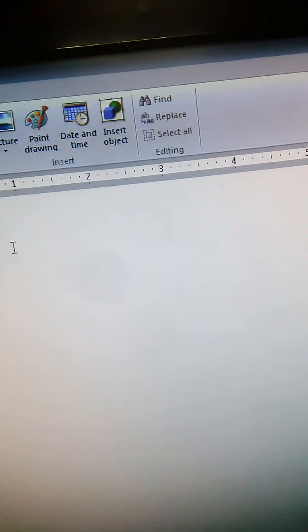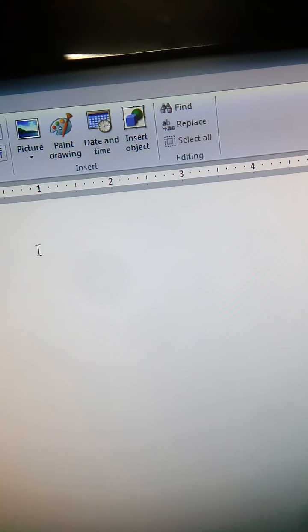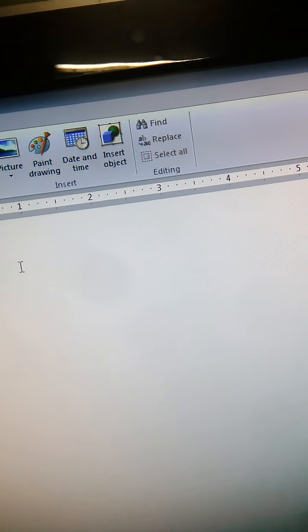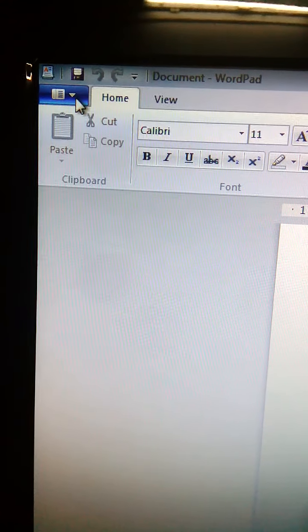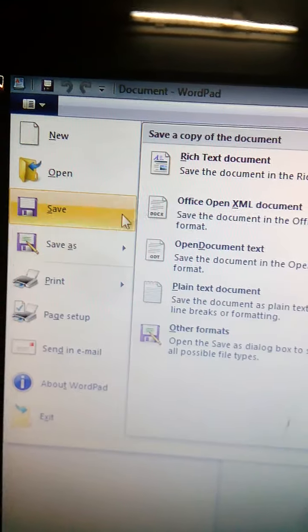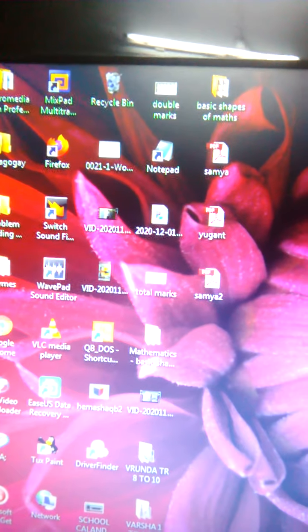Wattpad button shows a menu of options like file, save as, open, new, print, etc. It contains options that you can use. I already showed you the many options in the Wattpad button. The close button is used to close the Wattpad window. You can close from here like this, and your Wattpad window will close.